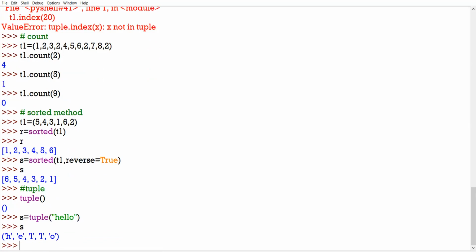And I print S. You see the string hello has been converted into the form of a tuple. Each character of the hello string has been converted to an individual element of the tuple enclosed in single quotes. Am I clear to all?